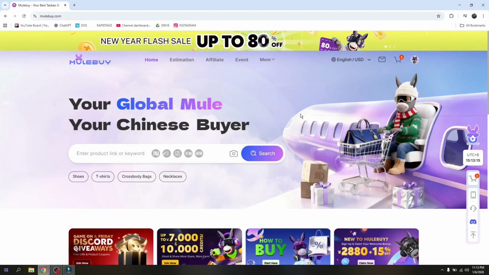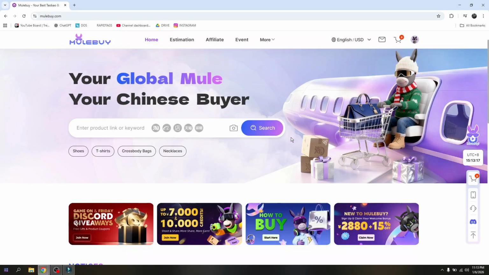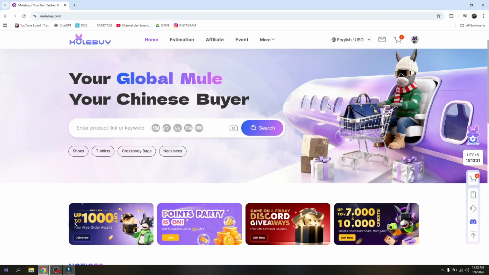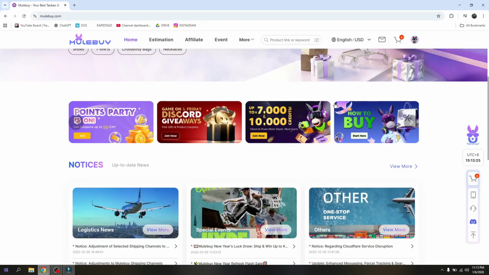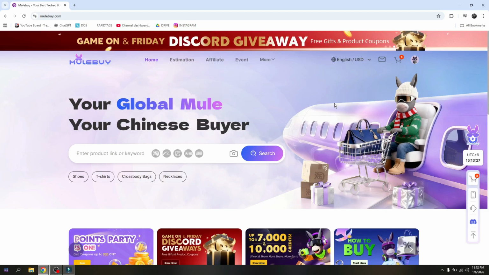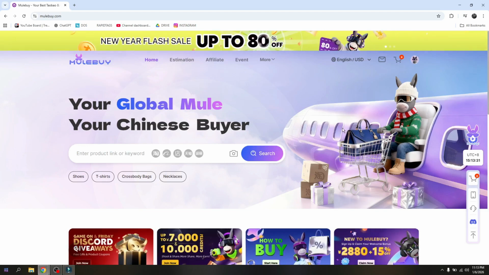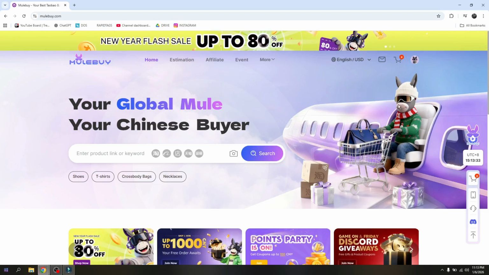How to use credits on Mulebuy. Now, Mulebuy is actually a shopping platform where you can purchase anything online through Mulebuy. Now, for you to be able to use your credits, you'll have to log in first. Open up any available web browser that you can use on your end and make sure that you're logged into